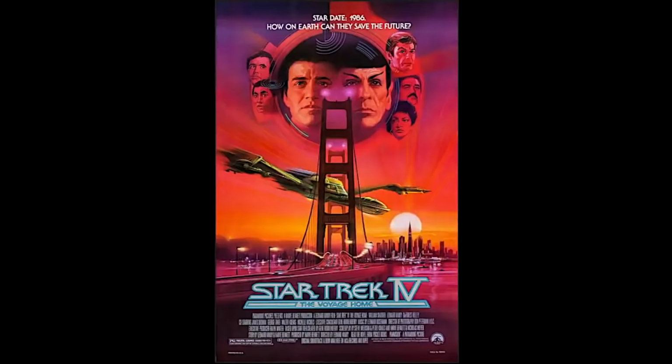But I always loved this image because Bob Peak, while he painted the poster for the motion picture, they did not use his key art in the domestic theatrical campaign for either Star Trek II, The Wrath of Khan, or Star Trek III, The Search for Spock. And if you look up the original domestic theatrical campaigns for Star Trek II and Star Trek III, the posters, the key art, this is called key art, they used were terrible. And they finally went back to his artwork for Star Trek IV, V. No, he didn't do 6. But